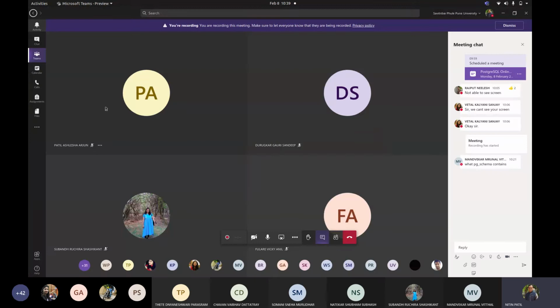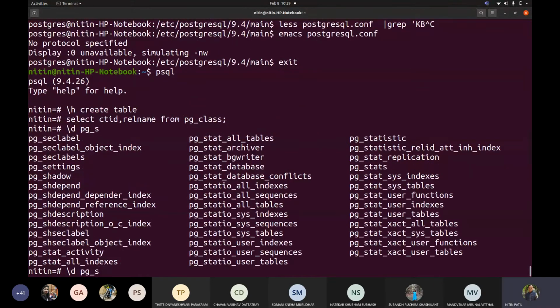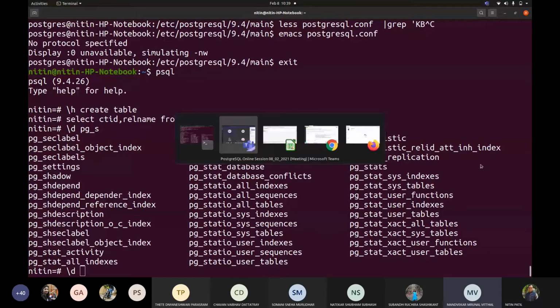Okay, so I think somebody added the information. What does pg_schema contain? Okay, let us go to select star from pg. Okay, where exactly did you see that pg_schema? Mrinal, can you unmute? Hello, sir. I wrote it for the assignment purpose. Ah, you asked what is the assignment. That okay, time I have sent it.